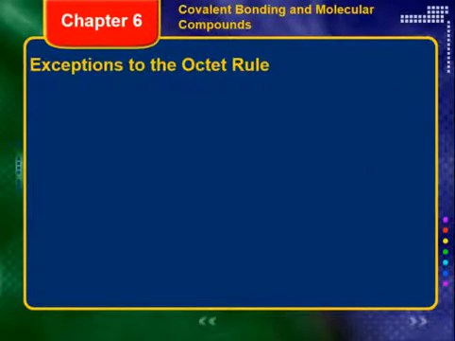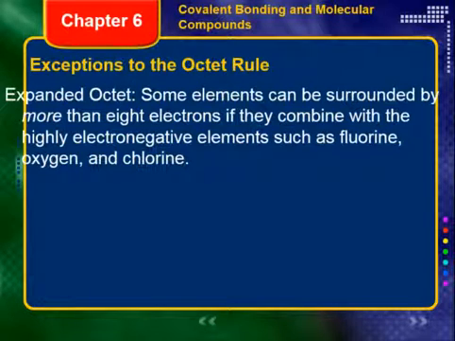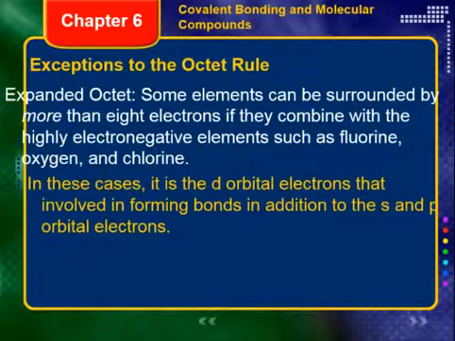But we can go the other way. We can expand the octet rule. An expanded octet means some elements can be surrounded by more than 8 valence electrons if they combine with highly electronegative elements such as fluorine, oxygen, and chlorine. On the periodic table, you can double check me by looking at electronegativity values. These are the three most electronegative elements on the periodic table. They have the highest electronegativities. So if you combine certain elements with these highly electronegative elements,